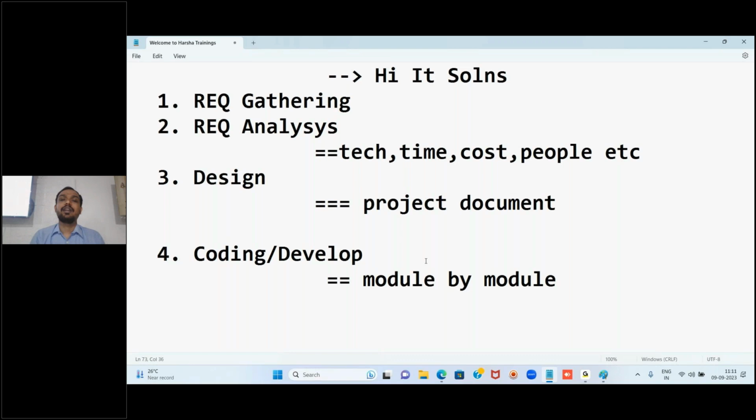Clear? And once these people are developing, they will just ensure that our code is proper or not. That is only they will check. Yeah, a normal developer will just check whether my code is properly working or not. But once this is done, your product is ready. Means whatever software development you are doing, that product is ready. If you give that product directly to the customer, if he is getting some problems and errors, it's a difficult thing. Clear? So before we deliver this to the customer end user, we have to test it.